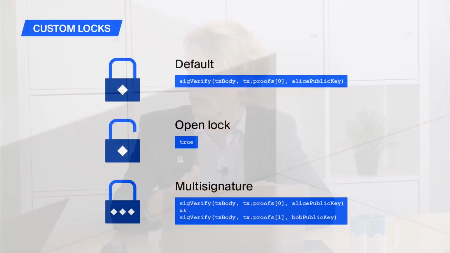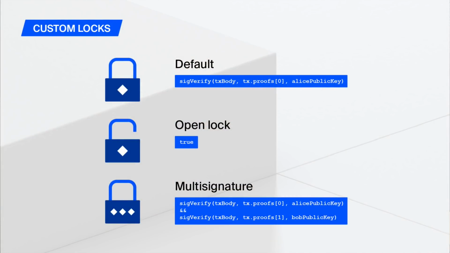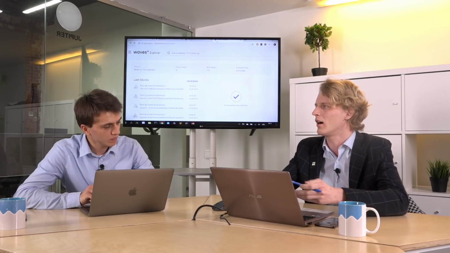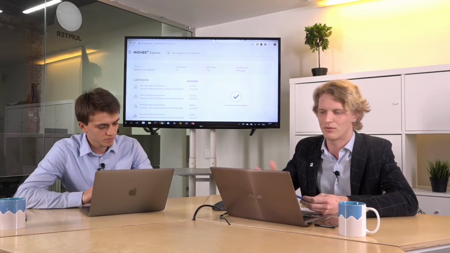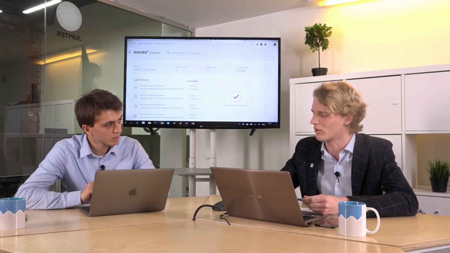Initially each account can only send a transaction upon providing a valid signature. But to make it more flexible, this requirement needs to be changed. So you can change it to another account lock. Think of it this way: initially we required one signature, now you can tune your account so it requires, for example, 2 signatures, or some height, or maybe other requirements like data, transactions and information in the blockchain, whatever.